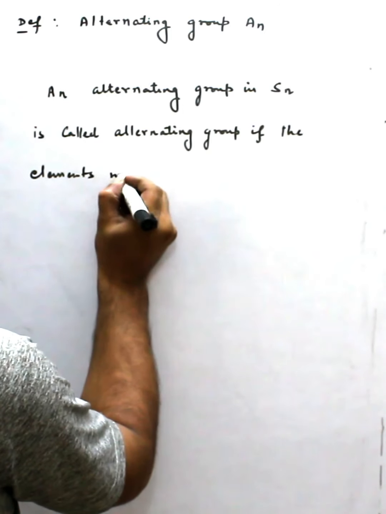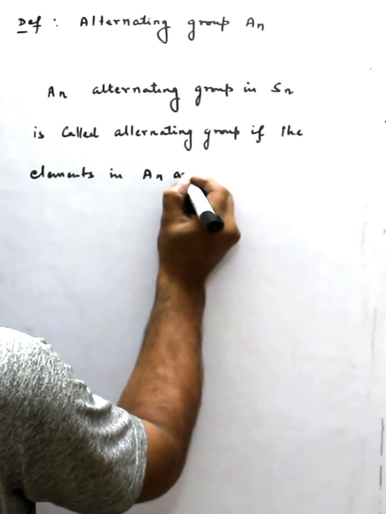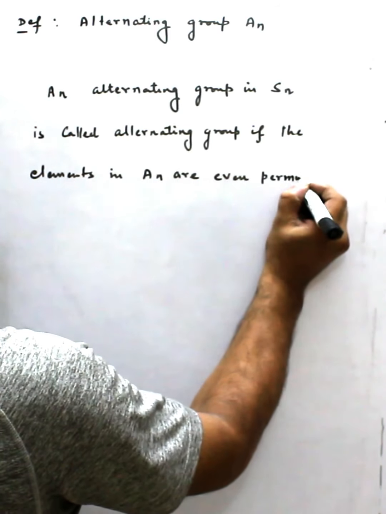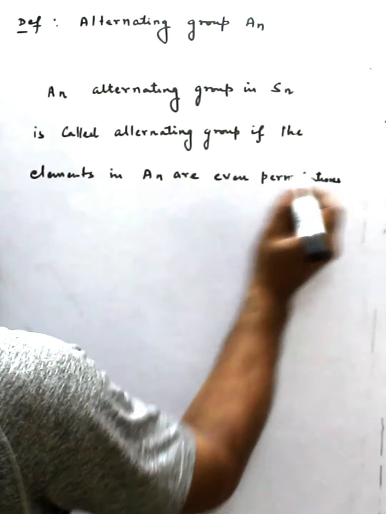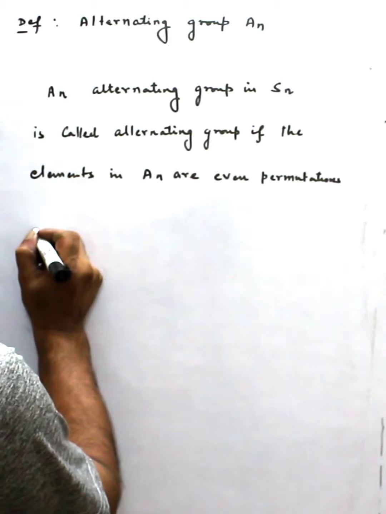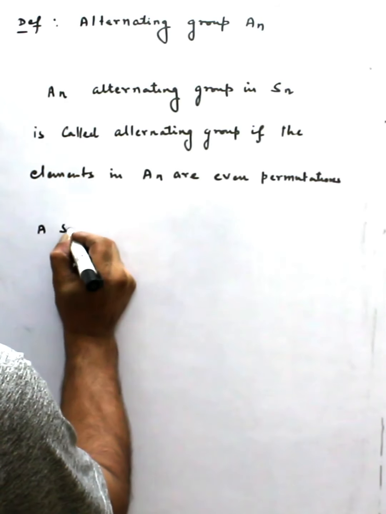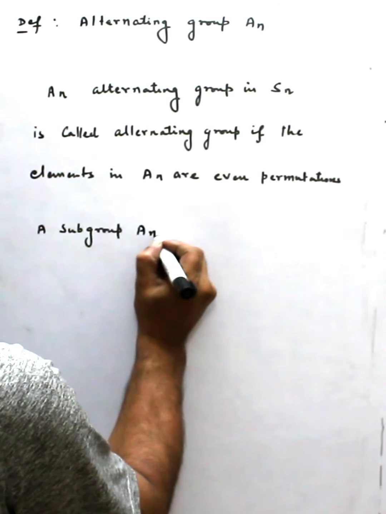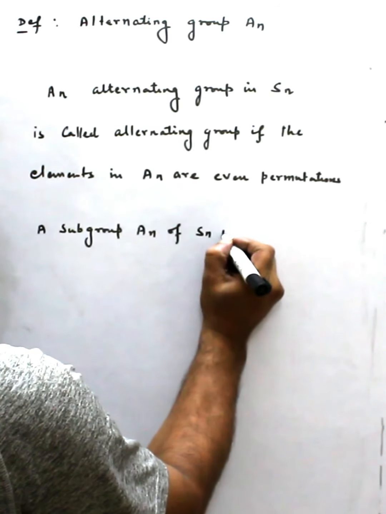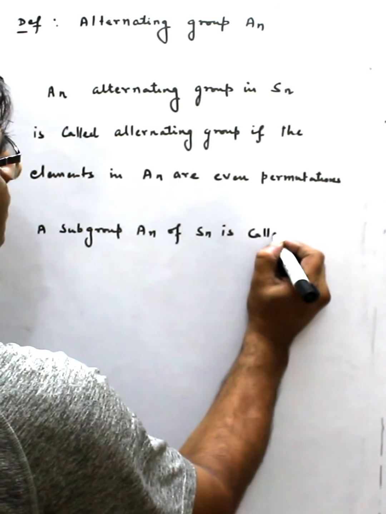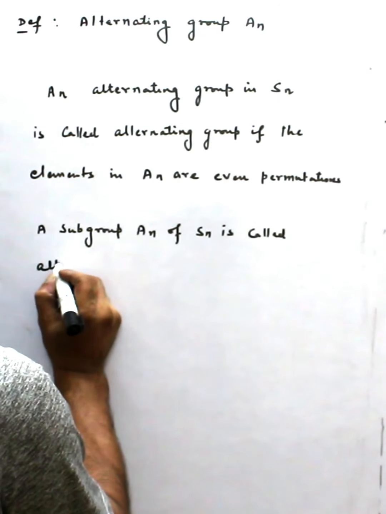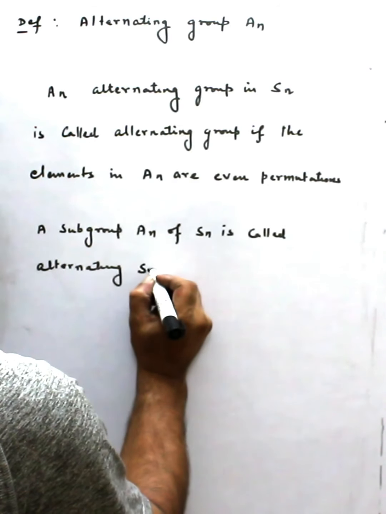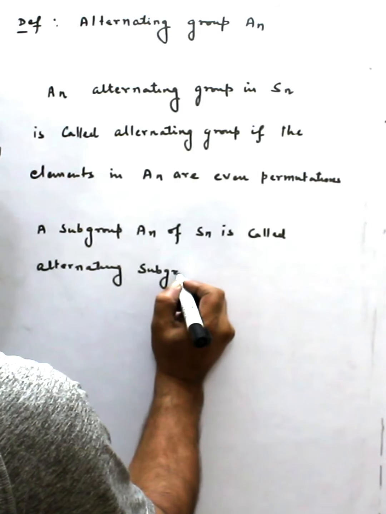elements in A are even permutations, or you can say a subgroup An of Sn is called the alternating subgroup